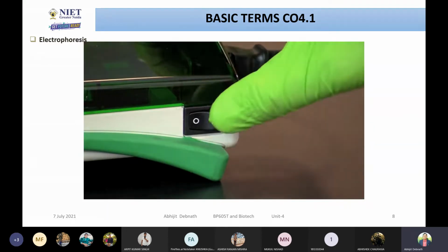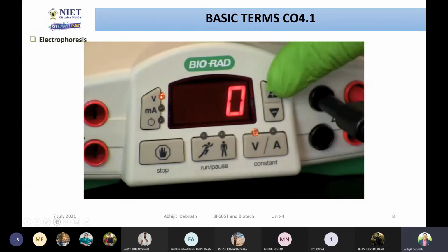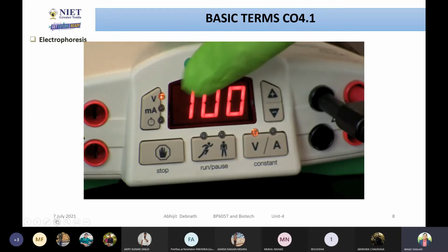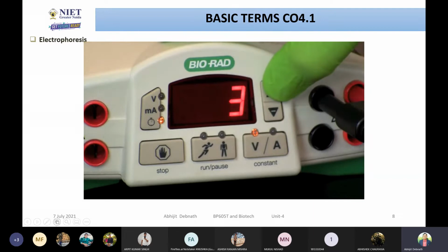And then we will switch on. Switch the power supply on. Set correct constant voltage for running the samples. See your lab protocol for this information. 100 or 60? Yeah, 100. And you'll be setting the time. If a timer is available on your power supply, set the clock for the proper time for your run. Voltage difference means plus and minus, cathode and anode.